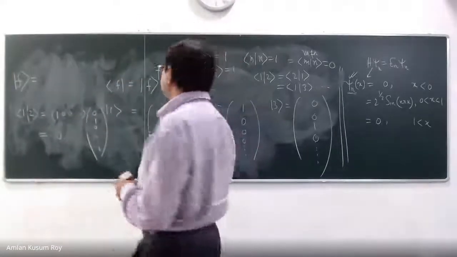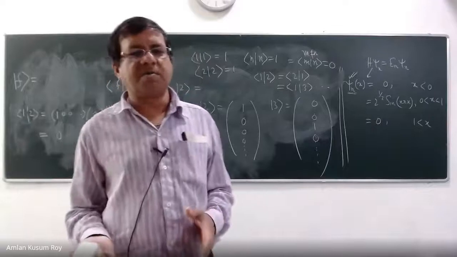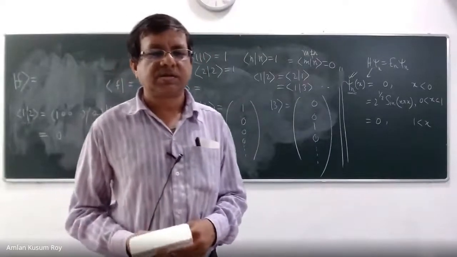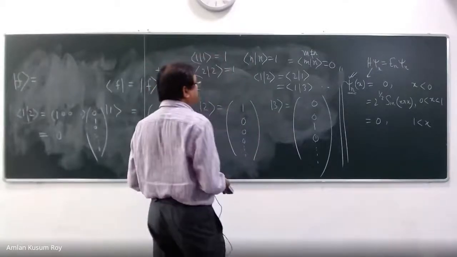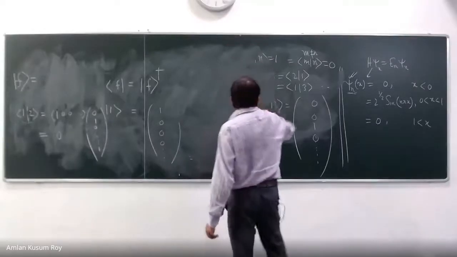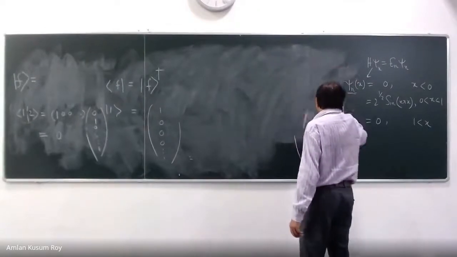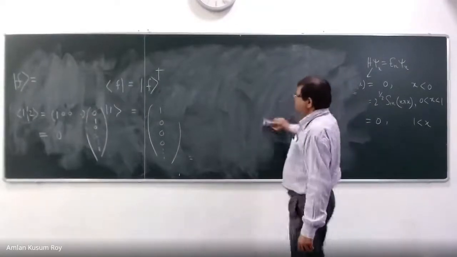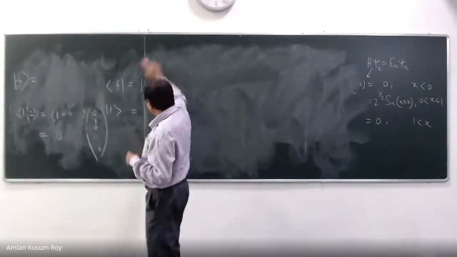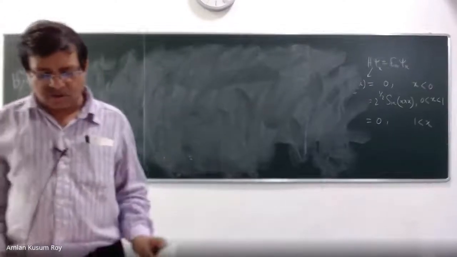So all of you understood the vector representation of the ket. Everybody clear? Okay. So you understood the vector representation of the function. We are going to write the function in terms of its coefficients, implicitly keeping in mind which basis you have written this in. That's all you need to know.